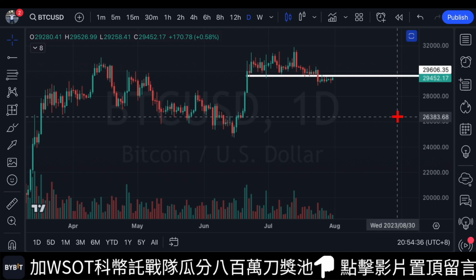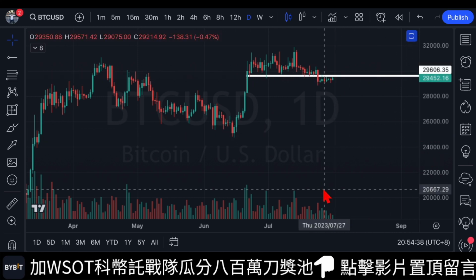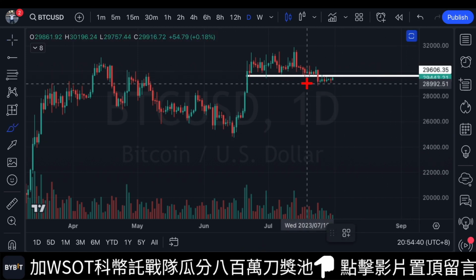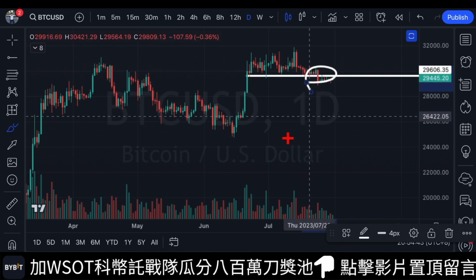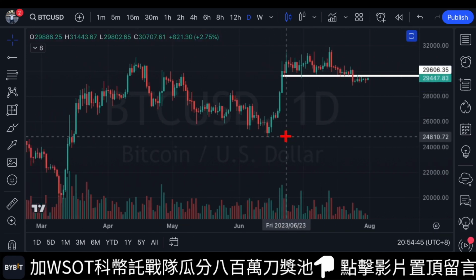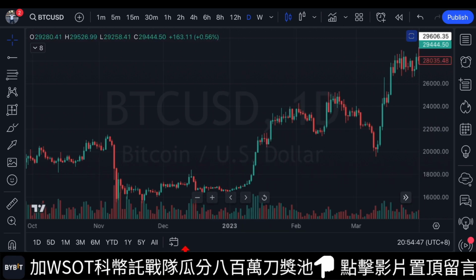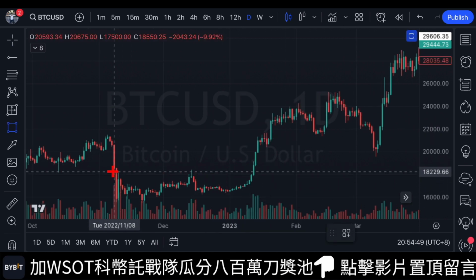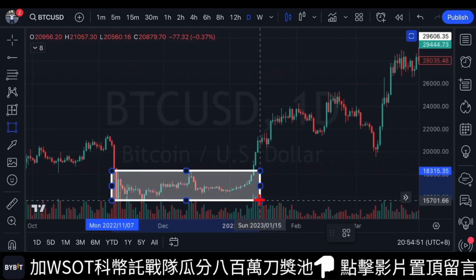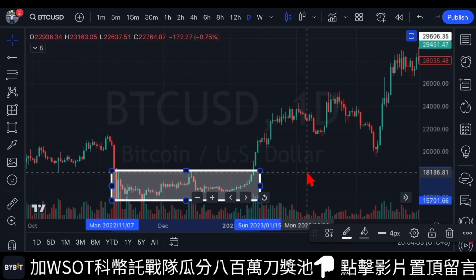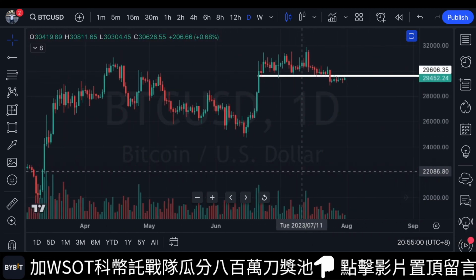A good breakdown or breakout should be like this. For instance, we originally had a range-bound consolidation at the lower end. A good breakout would be a situation where the price breaks free decisively from this consolidation zone, completely leaving it behind. This breakout should be clear and distinct, with no retracement back into the previous price range, as we are currently experiencing. Okay. Now, let's switch to the 4-hour chart.